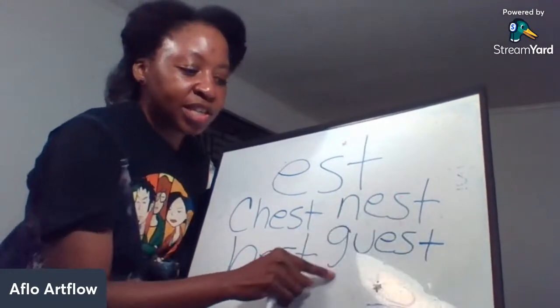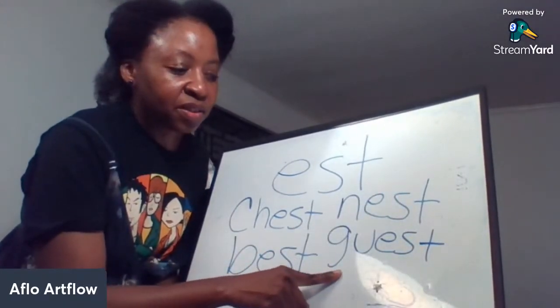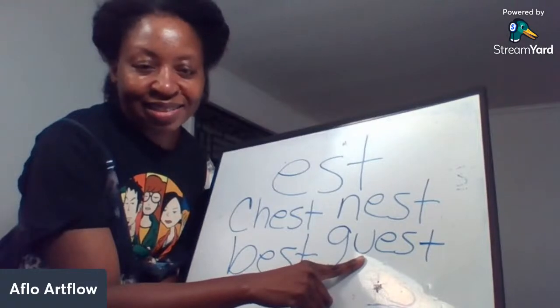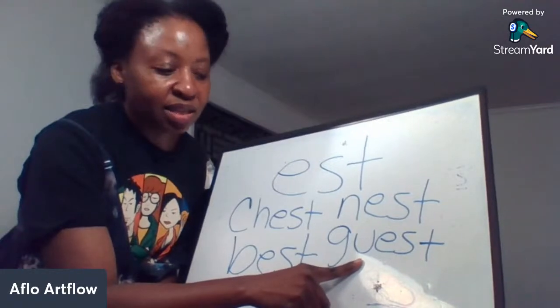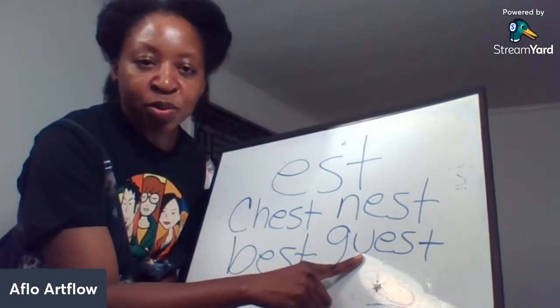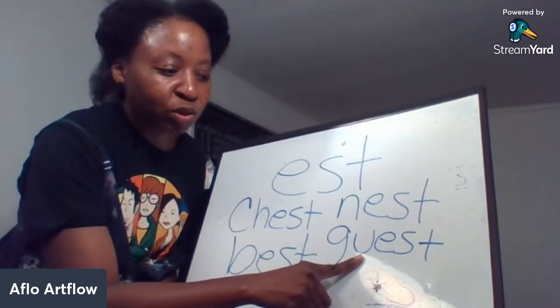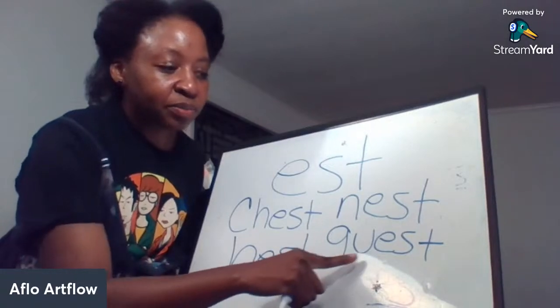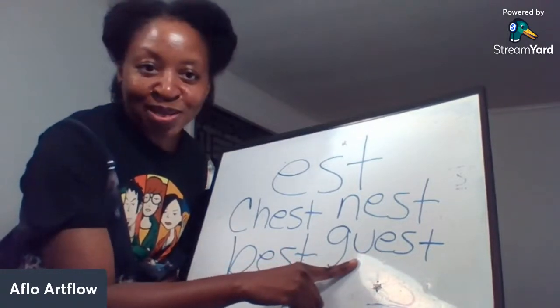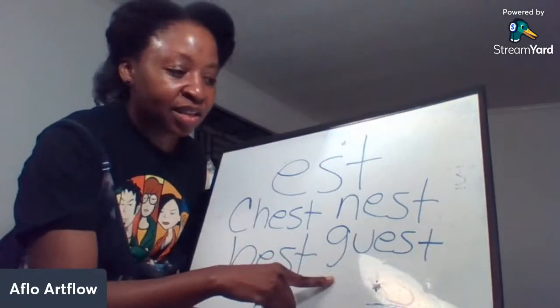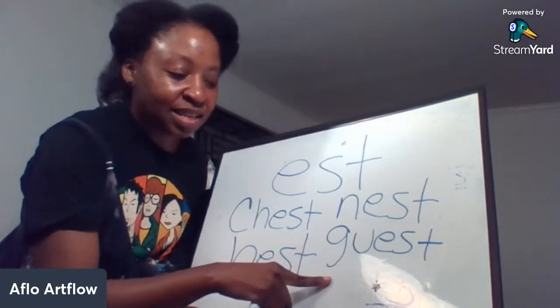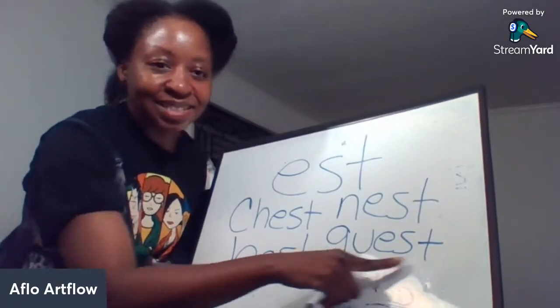G has the G sound. This U is silent, which means you write it when you spell the word, but you don't say it. You don't really say the sound that the U would normally make when you actually say this word. So G, we're going to skip the U because it's silent. And the EST has the est sound. G, est, guest, guest,